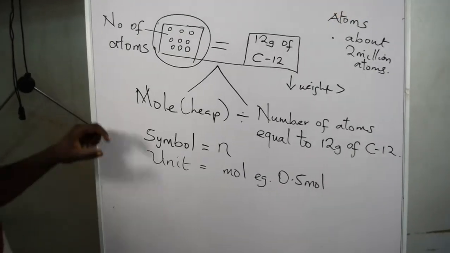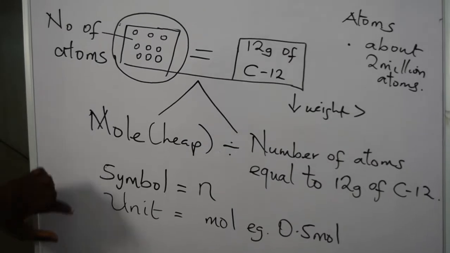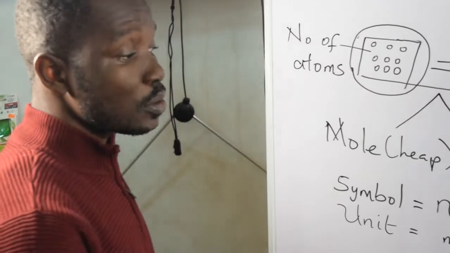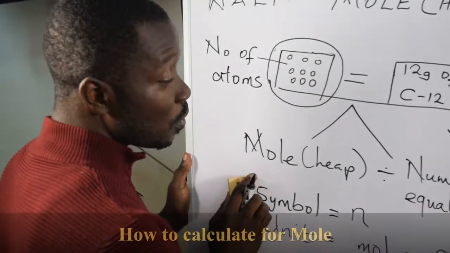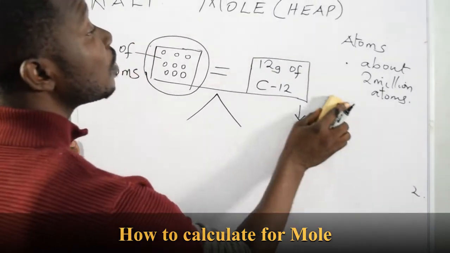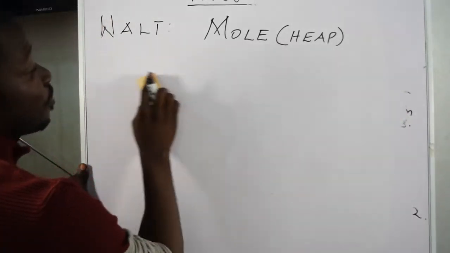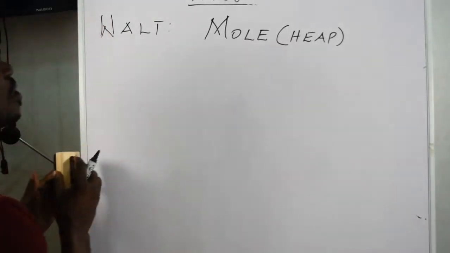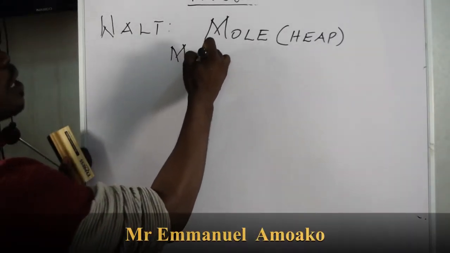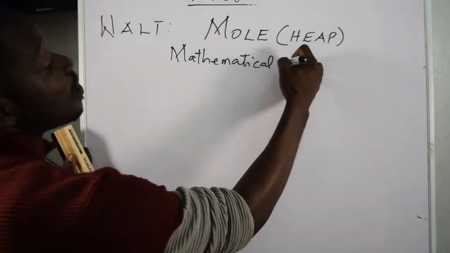Now, once we know the definition, or we understand how we got mole, and we've also gotten the symbol and the unit, we need to move on to how to calculate for mole. So we are going to calculate for mole. If you want to calculate every quantity, it comes with its formula. So we need to look at the mathematical expression